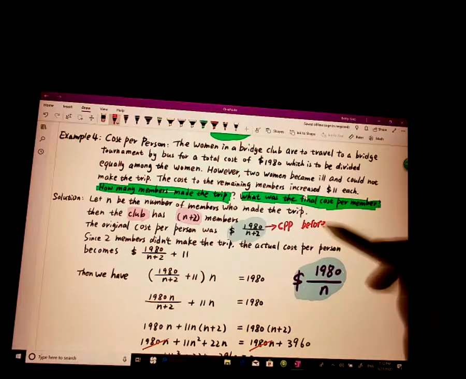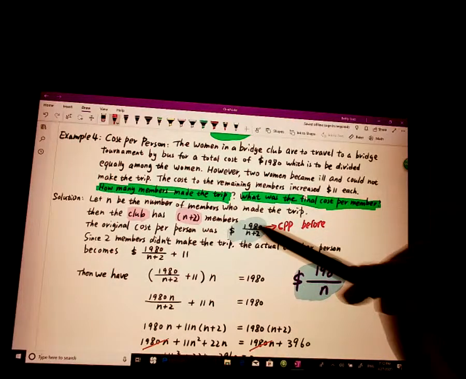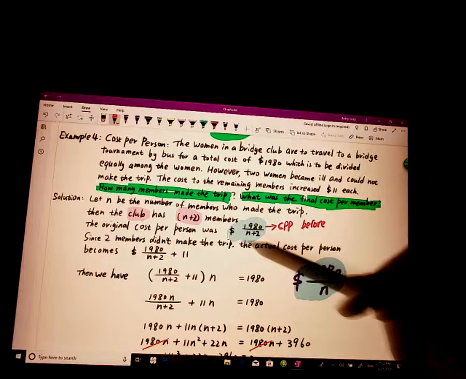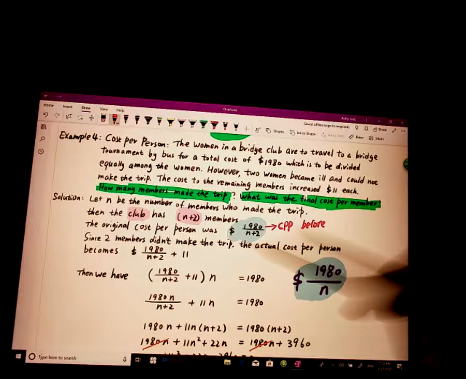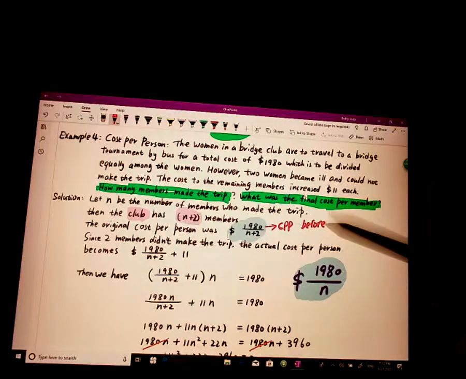Before, like originally they planned to, they all go, right? Before the two people got sick. So $1,980, the total cost, divided by the total number of members in the club, that is the cost per person before. And then let's look at this blue part,